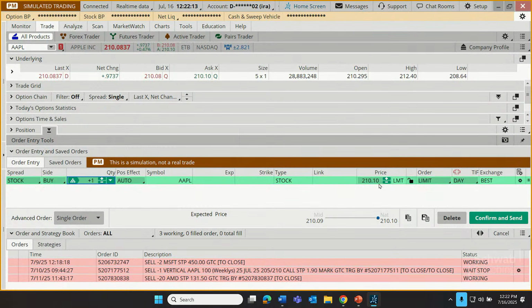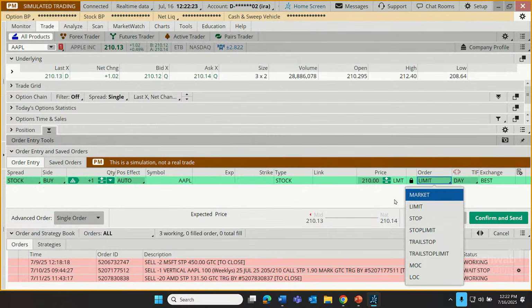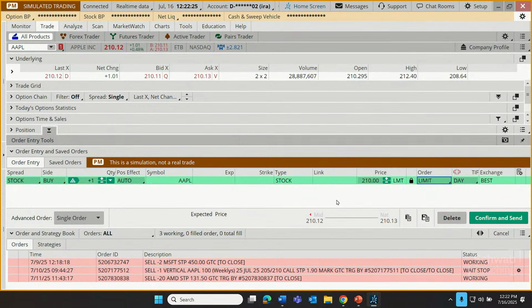So for example, if I see the stock is trading right around 210 bucks and I say, hey, you know what? I don't want to pay a penny more than $210, I can set that as a limit. Now, if I set a limit for how much I'm willing to pay, it doesn't mean I'm guaranteed that I will pay that price. If the stock isn't available for that low of a price, the order just won't fill. Now, if I establish a limit of 210, it's possible it might fill for less than that, just not more than that.